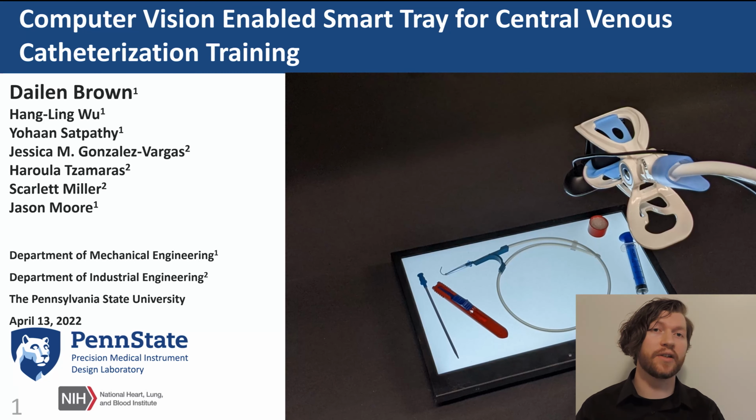I'm a research assistant working in the Precision Medical Instrument Design Lab at Penn State University. Today, I will introduce you to our work using simple computer vision methods to detect the usage of medical tools